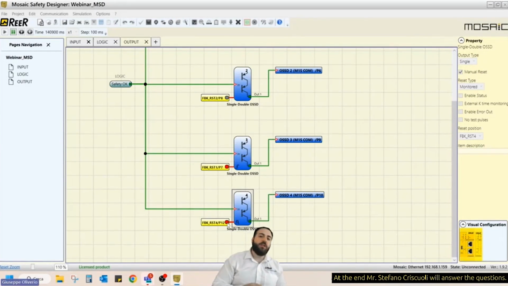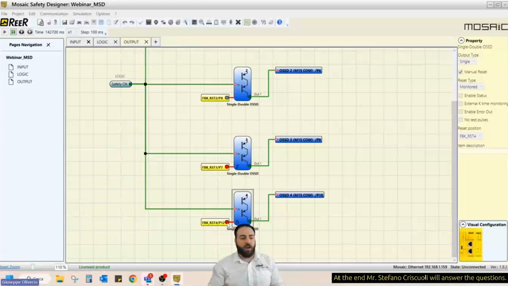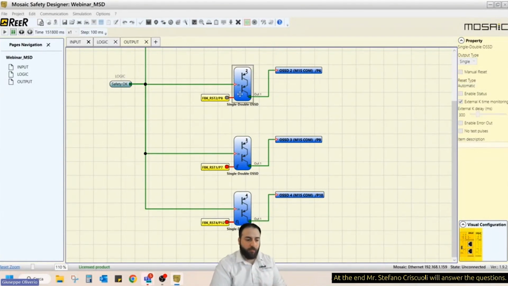And as you can see, I don't need any extra function block. Everything is inside the properties of every single OSSD. So now let's simulate, for example, a feedback error. The feedback error is the most common error when we have the